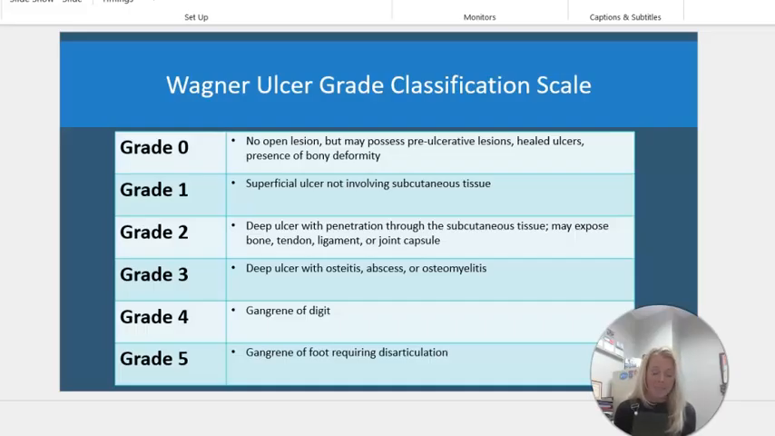An abscess is a confined pocket of pus that collects in tissues, organs, or spaces inside the body. Or osteomyelitis, which is inflammation of the bone caused by infection, which usually happens in the legs, arm, or spine. A grade 4 would include gangrene of the digit, which again is typically non-viable tissue, needs to be removed. And if it can't be treated, then it could be a grade 5, which is gangrene of the foot that